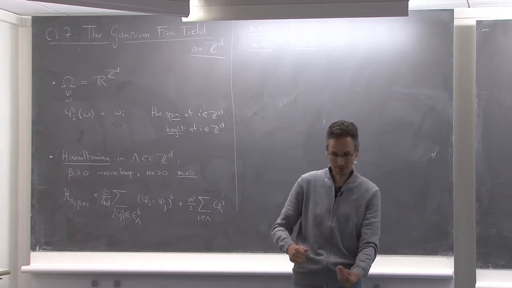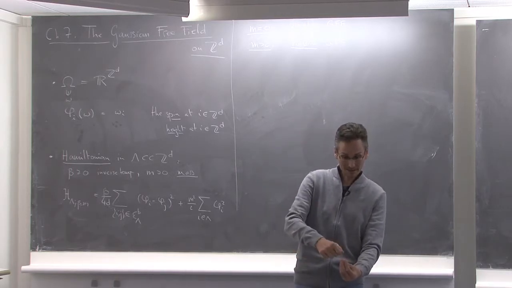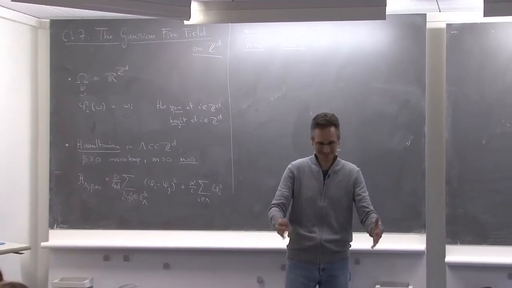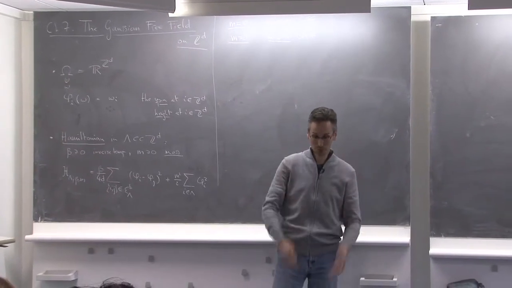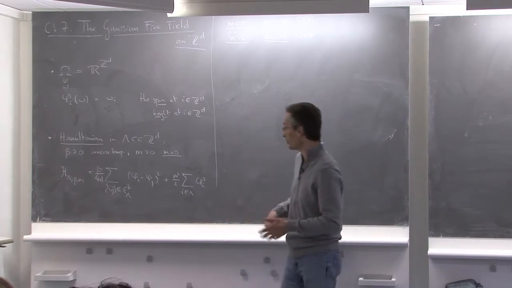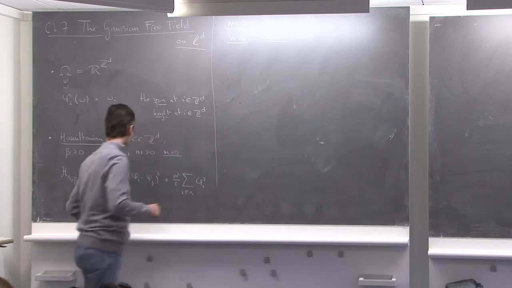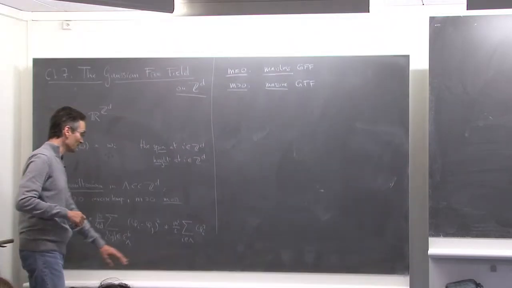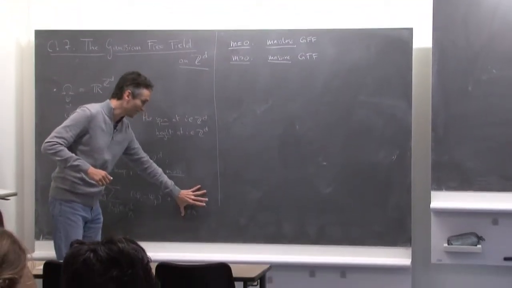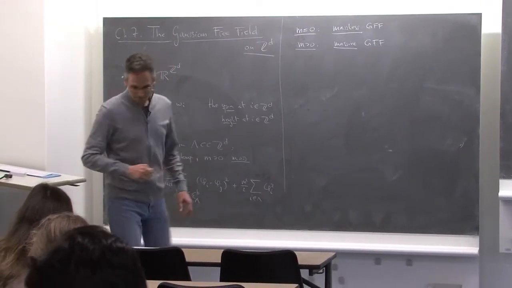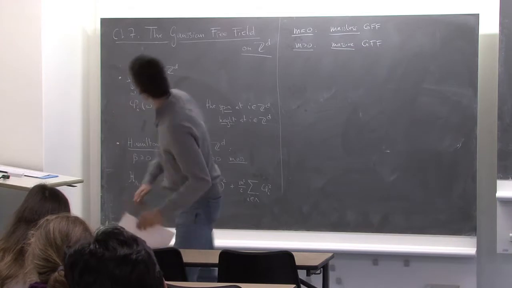This is something that will happen, and that will make the spin in the middle of the box, or any spin at finite distance from the middle of the box, fluctuate in an unbounded way as the size of the system goes to infinity. So we'll see that later on. So this term will regularize the behavior in a very important way. Okay, so that's for the Hamiltonian.